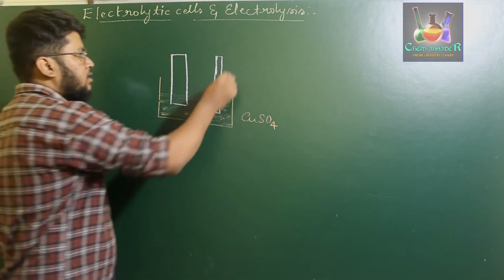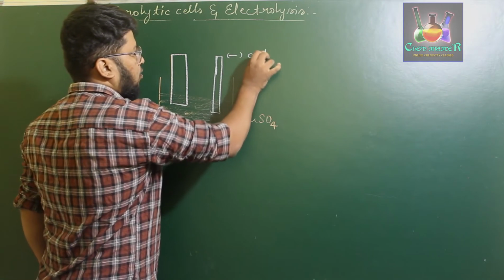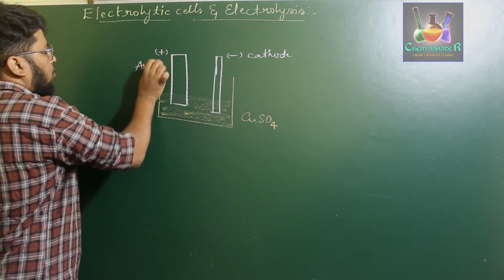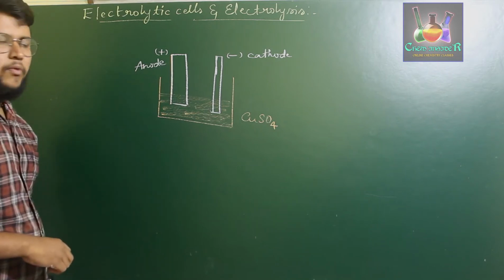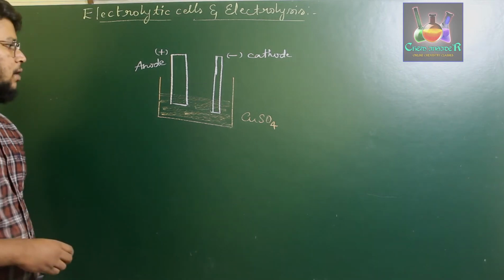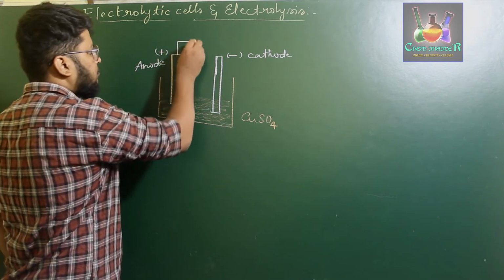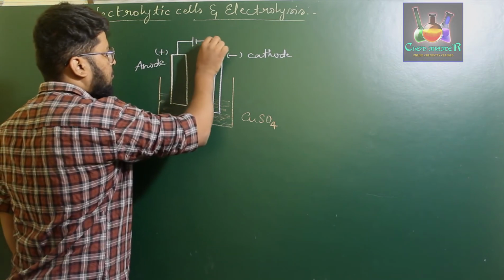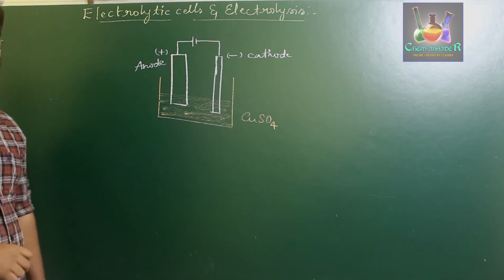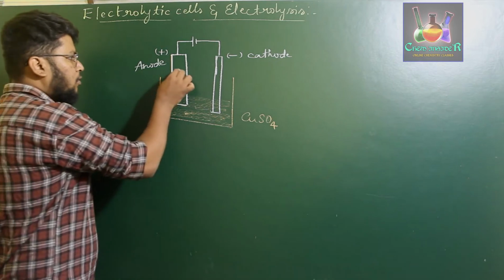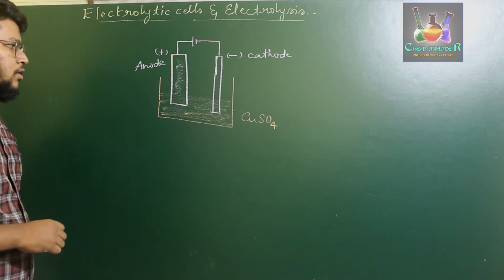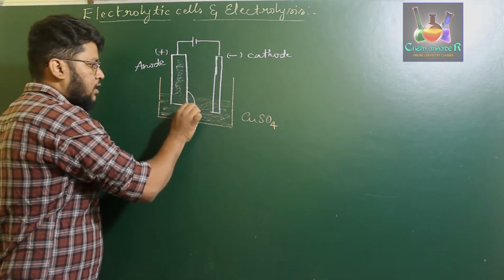So this is the negative end called the cathode electrode, and this is the positive end called the anode electrode. When these are interconnected with one another to an external source of current, what happens in this reaction? In this reaction, we observe the impure copper metal which is present in the ore gets dissolved inside the solution.